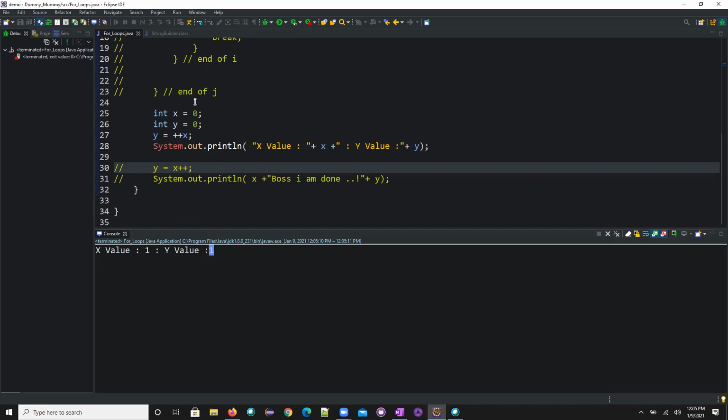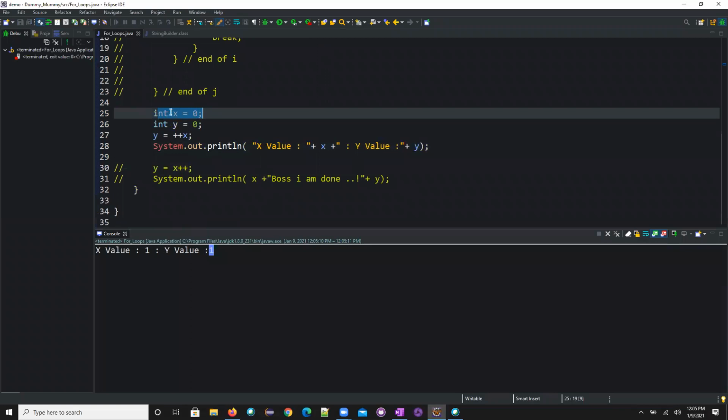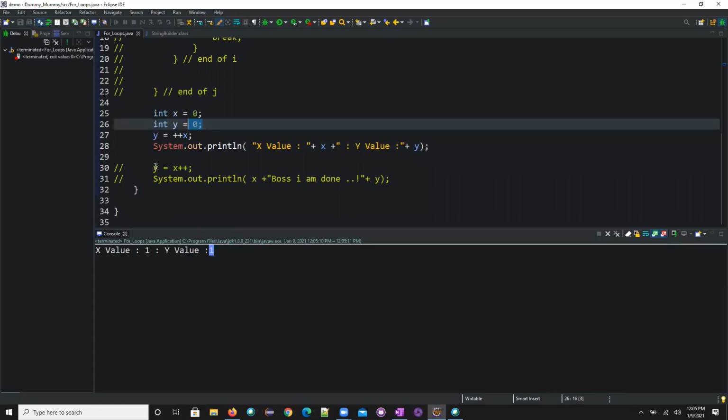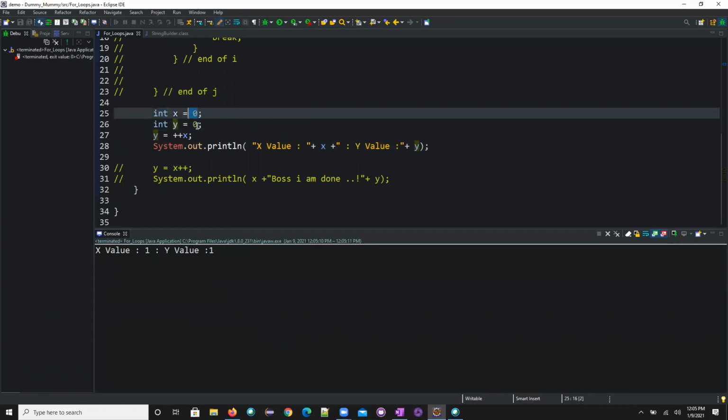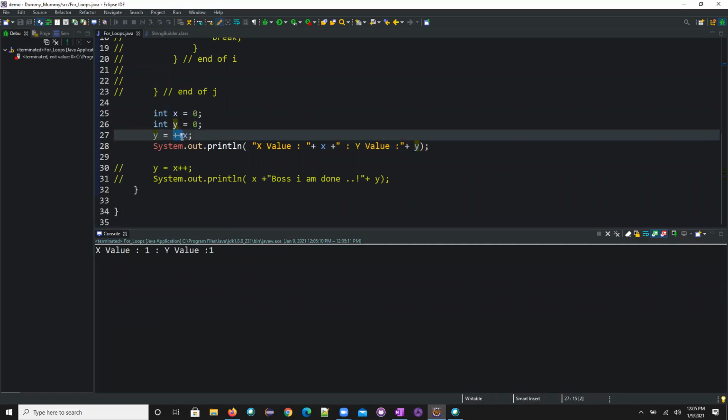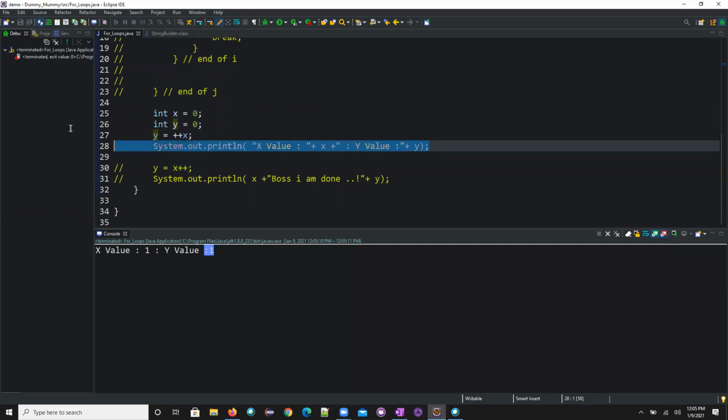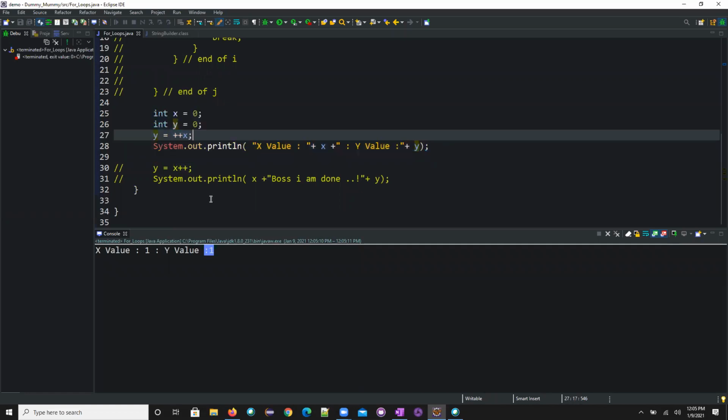Now let's see what was happening. I declared the x value and assigned the value 0. I defined the y value and assigned the 0 value. And for y, I was trying to increment that value and then store it. Both were 0: x is 0, y is 0. Then as I incremented the x value, the x value also incremented. So the x value went to 1. And as this is an incremented value, we are storing that particular value in y here. So that y value is also 1. Now, are there any doubts in this one? This is step number 1. Are we clear with step number 1?